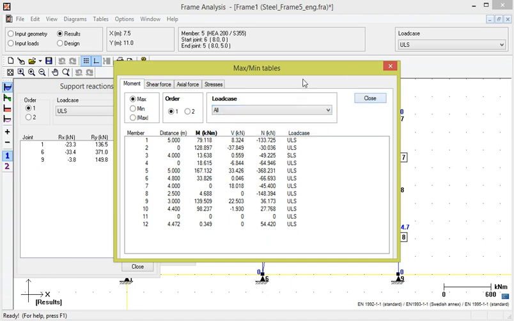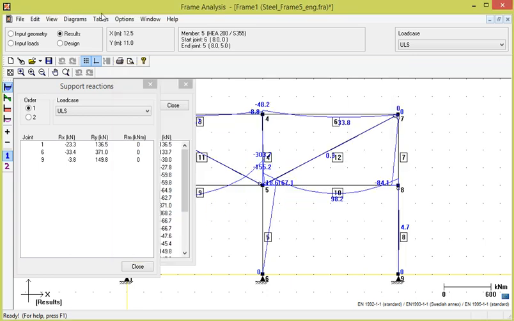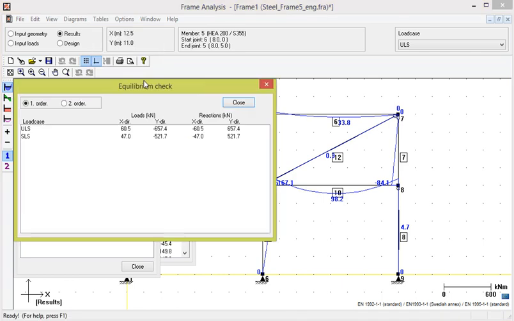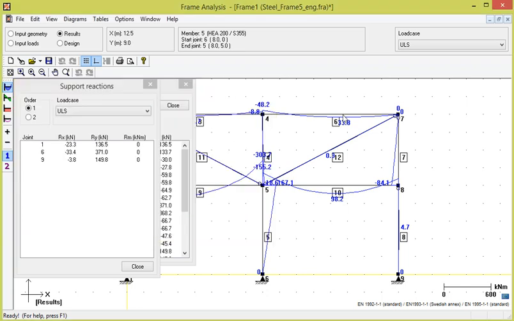Finally, one can also make an equilibrium check to verify that the applied loads and reactions match, namely that the solution is correct. The next step is now to design the frame according to the Euro